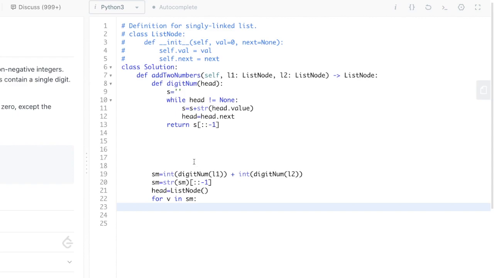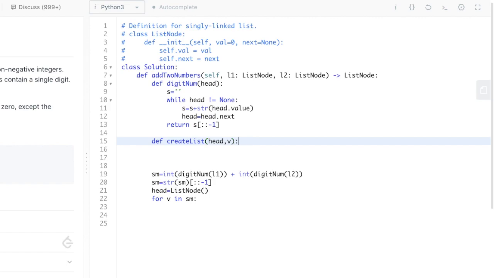Now we will simply create another function, def, to create a linked list. Create list, which will accept two parameters, one is head and another is the value part, v.